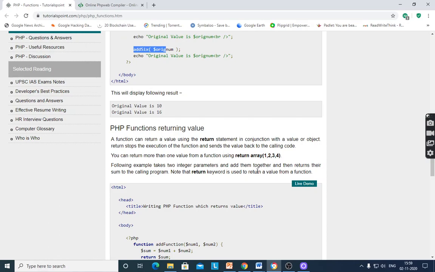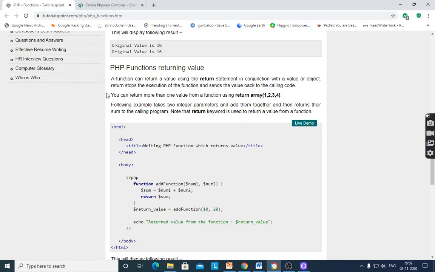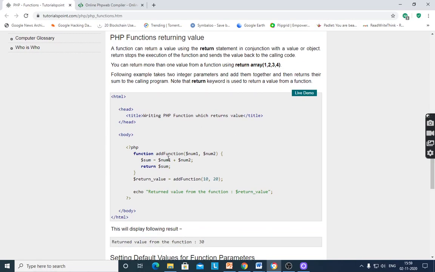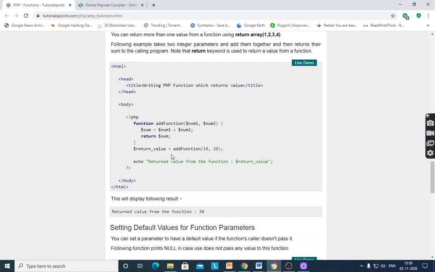PHP functions returning a value. With the return statement, we can return any value from the function. Function add has two parameters and returns $sum. $return_value equals add(10, 20).